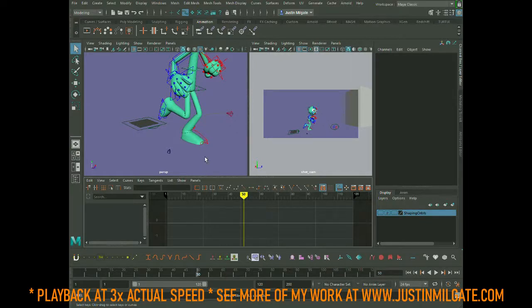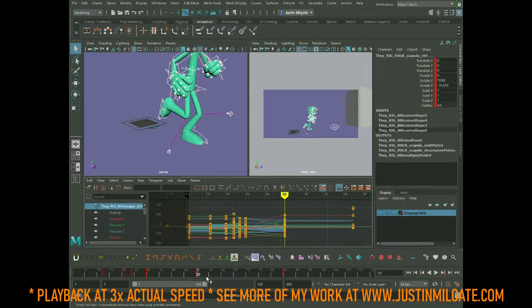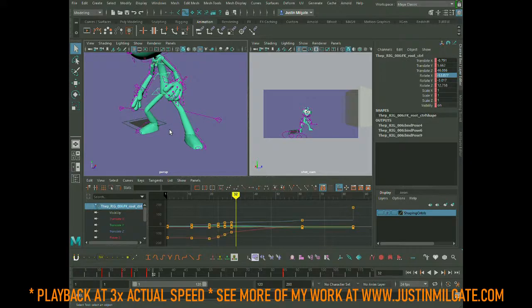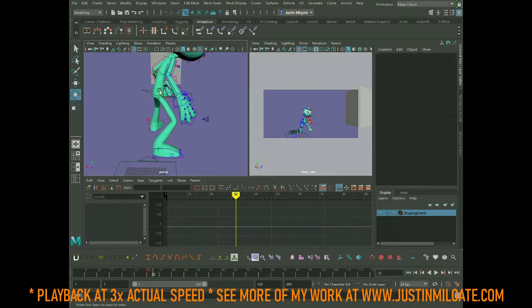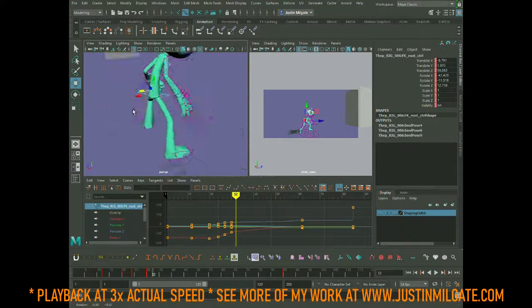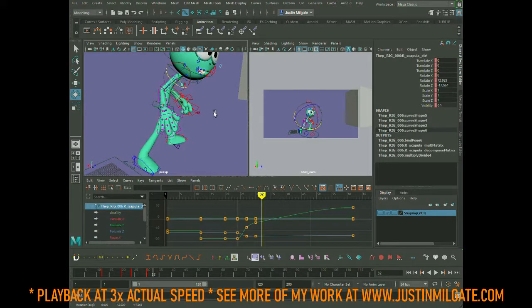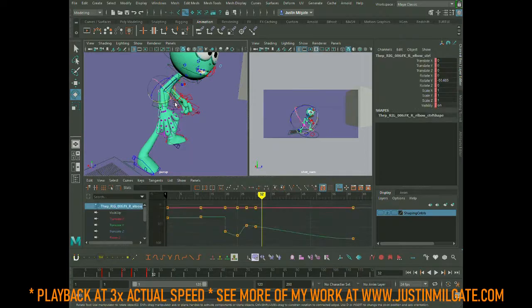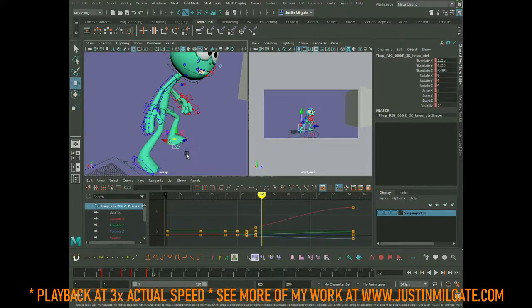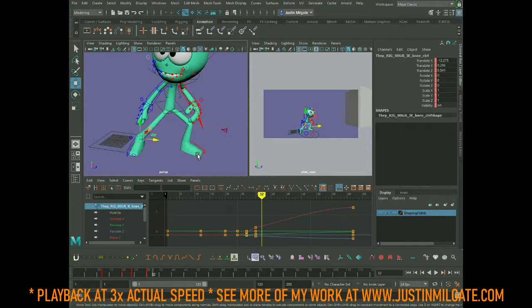My blocking workflow for this shot is closest to a pose-to-pose model, where, because I've already established poses using Sync Sketch and my video reference, I know the poses that I'm wanting to get my character into. I know about when I'm wanting them to happen, and so it's lending itself really well to that style of pose-to-pose. I'd also say that I probably have a few elements of a layered approach,